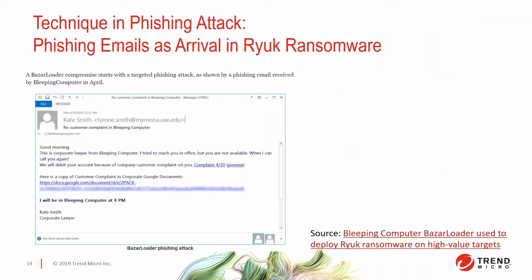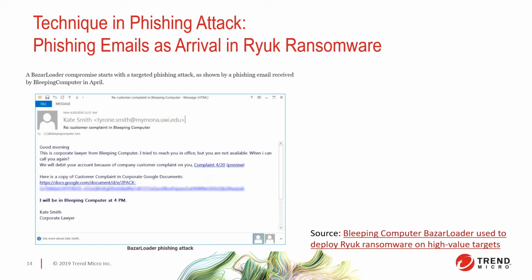The last technique shown here is with regards to Ryuk ransomware, which targets high-value targets and has been responsible for a third of ransomware attacks in 2020. Before, the technique was a phish email that directs to a phish page.